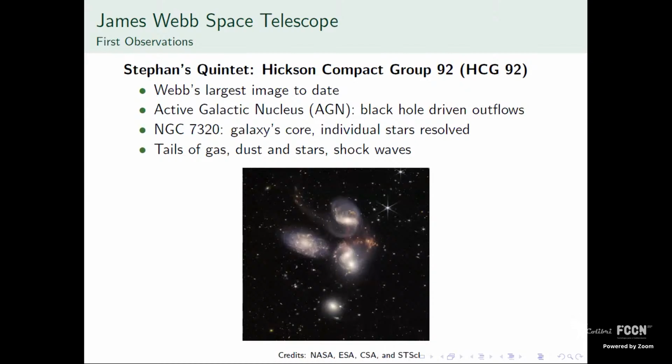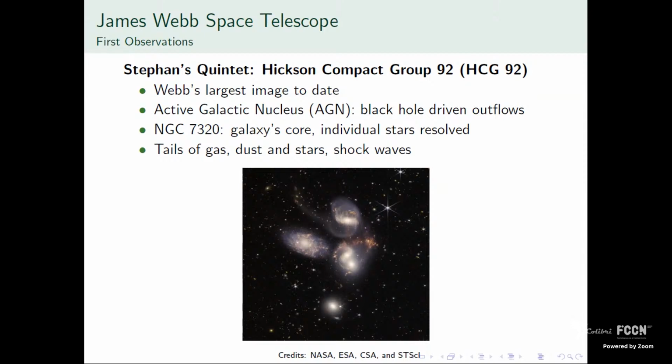So finally, leaving the Milky Way, we go to Stephan's Quintet, Hickson Compact Group 92. And so this is a visual grouping of 5 galaxies, but only 4 of them are actually interacting via gravitational interactions or any other type of galactic interactions. And we can actually see in the topmost galaxy a black hole which had never been seen before and is now very clearly seen.